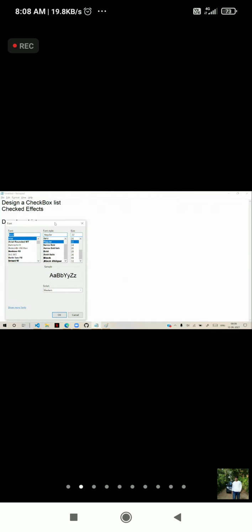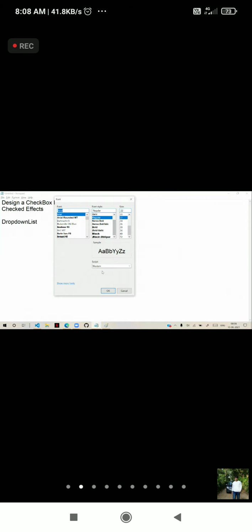So in that case, we prefer using drop downs. The advantage of a drop down is you can see here: this is the font, and this is a drop down. A drop down occupies only one line of space, but it can contain a lot of items. On click, it will show the list of items which you can choose. So that is a drop down.